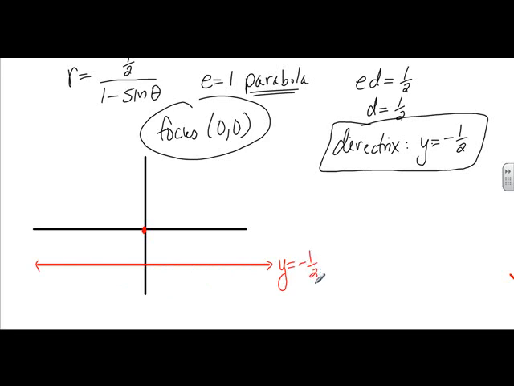So the vertex has to be right there, which is going to be the point 0, negative 1/4. And then if we were going to sketch our parabola, we would just sketch something that bends around the focus and away from the directrix. So if you have a parabola to work with, the work you have to do is significantly less, I think. One last example, and you can kind of get